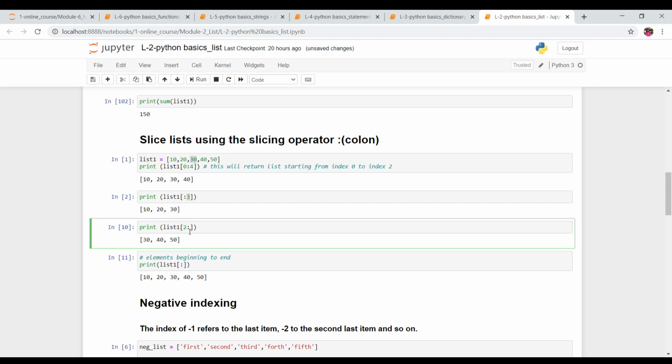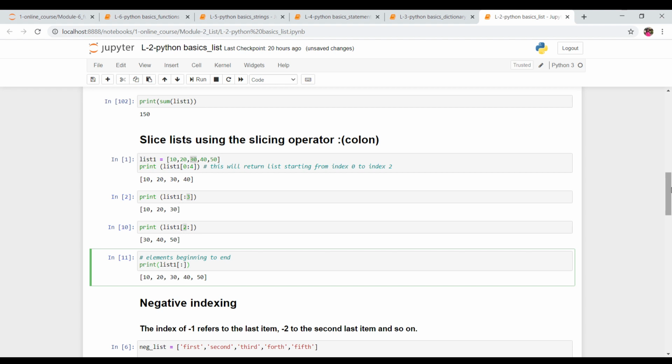So when the colon is after the index number, the value at that particular index will show, and if the colon is before the index value, that means this particular index will not get included. We will be getting the values before this index. All right, and what does this mean? List 1 and then colon. Colon simply means we want all values. All right. So this is how slicing works.